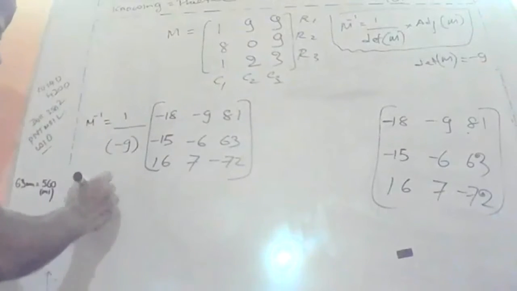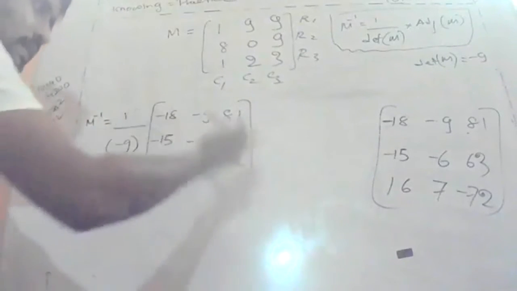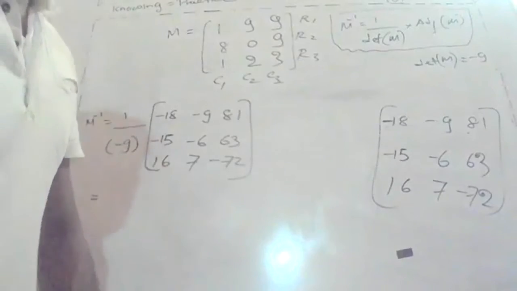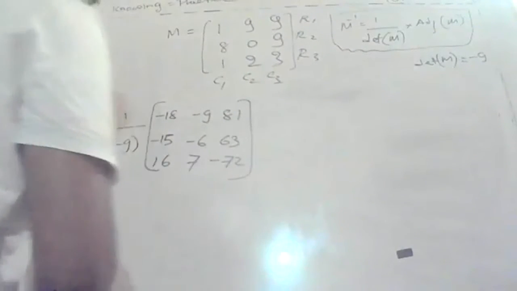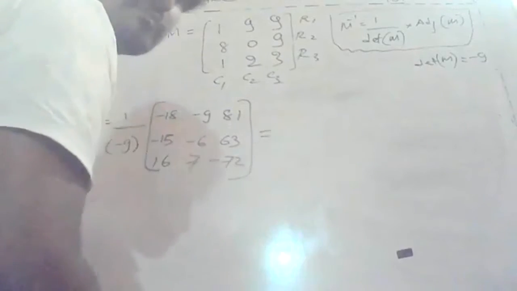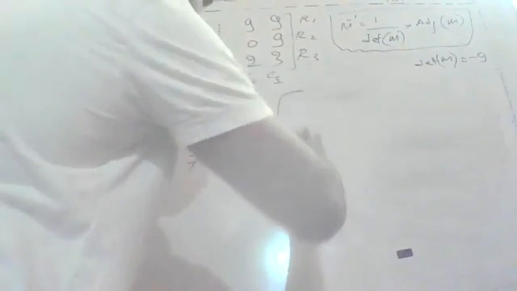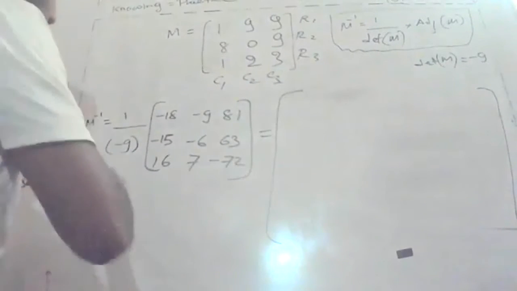So how to simplify? Let's do the simplifications where you can divide exactly. For some elements, we would be getting decimals, so don't worry about that. Again, we can recheck. I will write the final answer there. I hope it is clear. I will put a larger bracket like this. So this is very much easy.